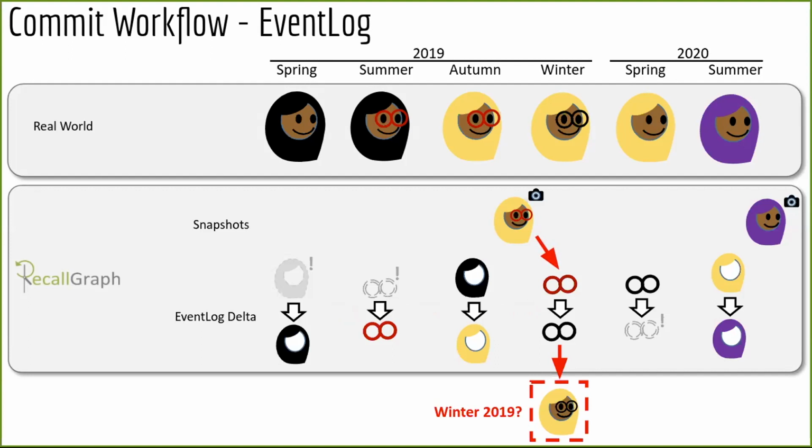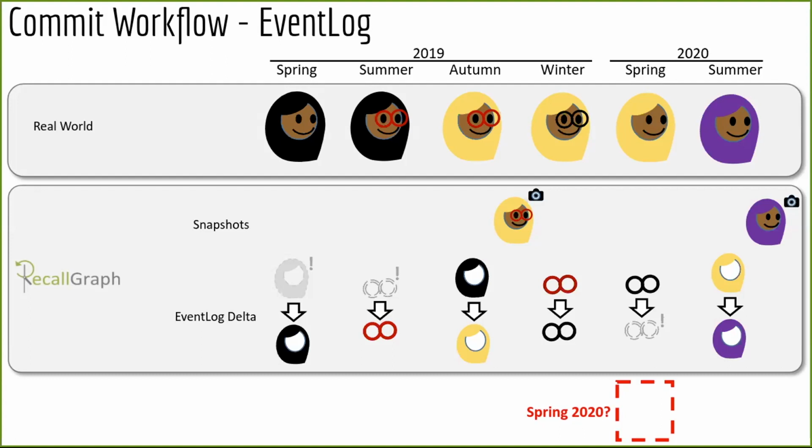There is another thing that RecallGraph can do, and that is it can play deltas in reverse. And what it does basically is take the example of spring 2020. We can here see visually that it is actually a snapshot in the future, which is closer to its point in time. And RecallGraph can perform shortest path analysis to figure out which is the nearest snapshot, and that may be at a point of time in the past or a point in the future.